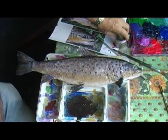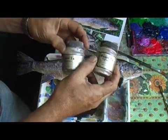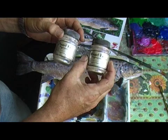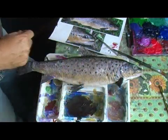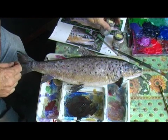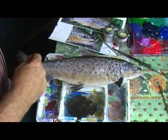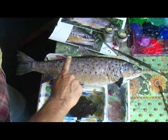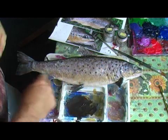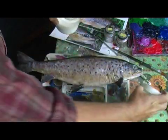Right, now it's time to start using these reactive colours. You can see here, and they're a fine pigment which you mix with a little PVA glue and water and paint very thinly, and it gives you a lovely pearlescent or opalescent effect, in this case either pink or blue. And as that trout has both of these colours there, I'm going to do just that. I'm going to link the pink through from the top here into a little bit of blue and then back to the pink again. To do that, I'm going to take a little PVA glue, which I've already got prepared,